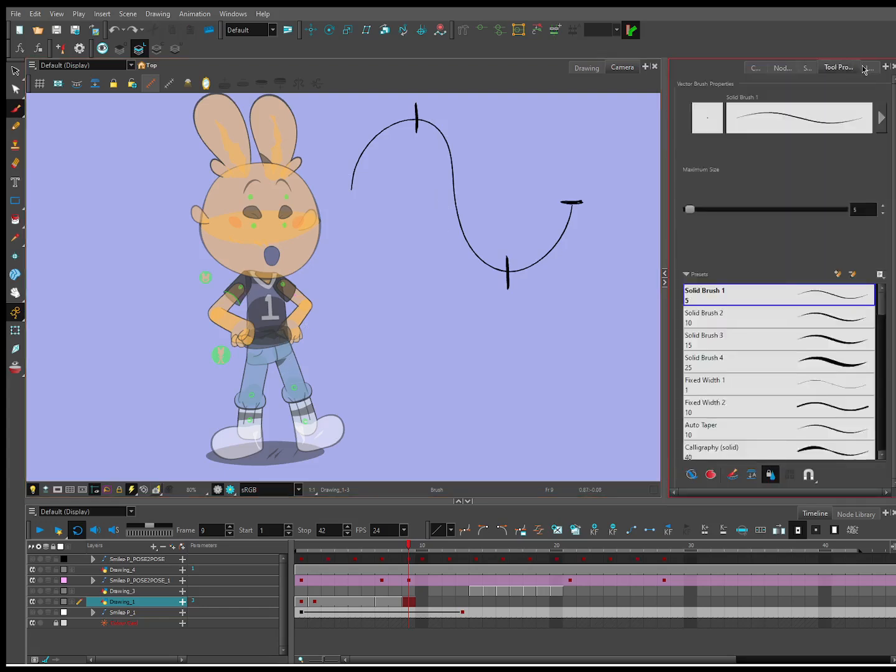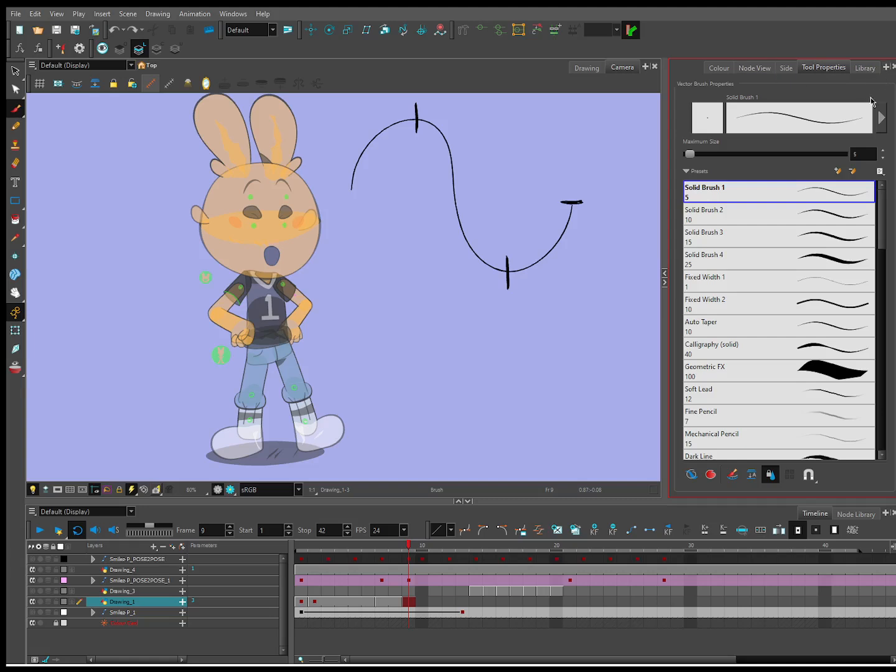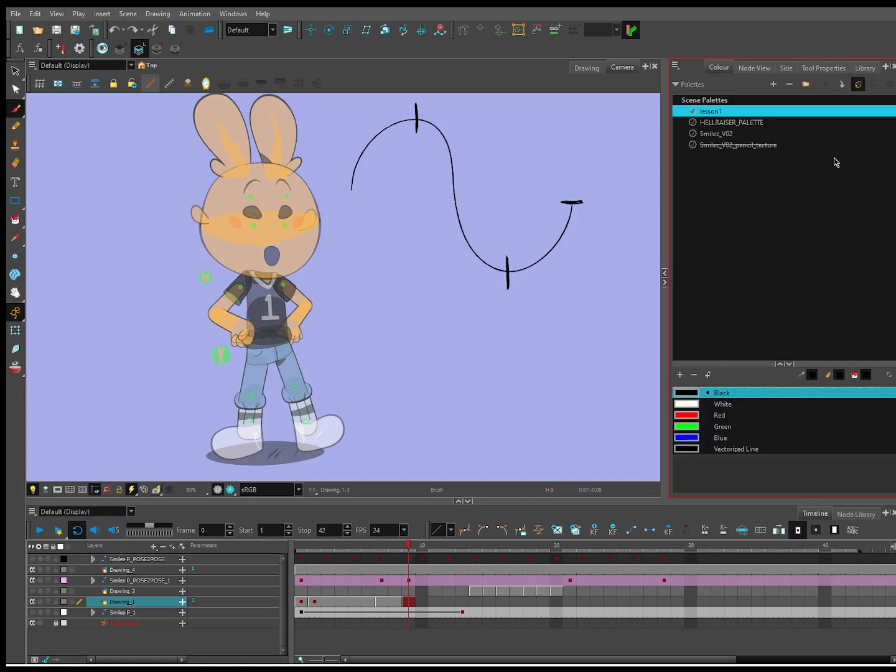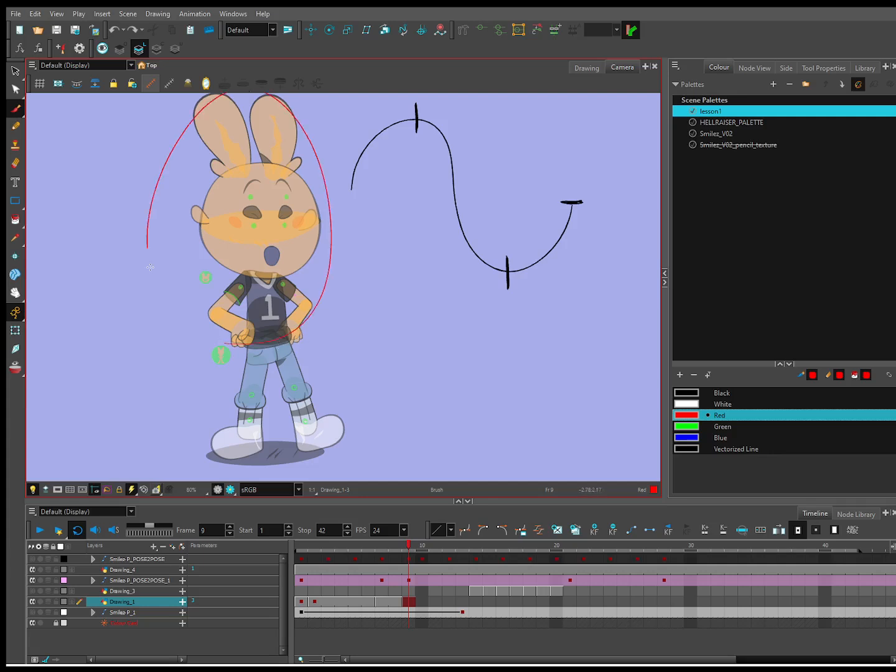I'm gonna change my color. Where's my color? So right now, the upper body and the waist.